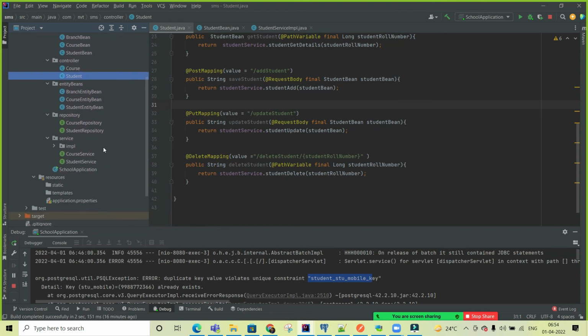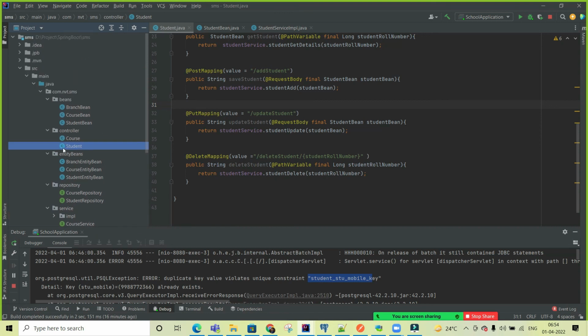Okay. So the thing is the way of the communication. Suppose now I will do my work and you will do the same work in this project. Suppose I am completing the student, then you will complete the branch and course or other things. And other people also work on this one, and will make a backend and make an API. So how we will do this, I'll explain.